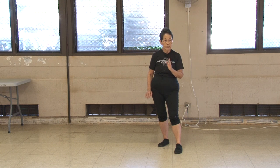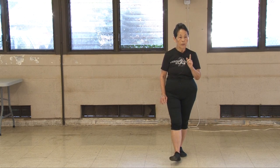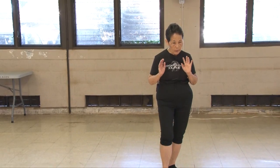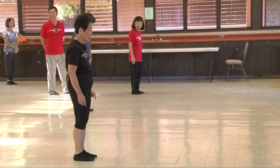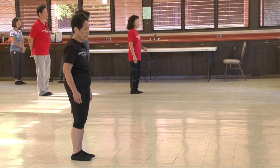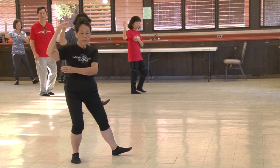Just like how we did parting of the wild horse's mane, we are going to incorporate brush knee in our Tai Chi Walk. The first thing we do is come forward, we'll move forward so that you can all do it together if you need help watching me, and then we'll do it sideways, okay? So good Tai Chi posture, pivot out, parallel higher, L stance, move the top hand,